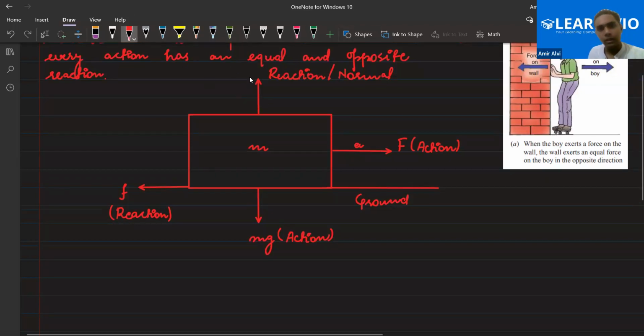So I'll write n, or else I'll write R. R would be better. So it's R now. Please let me know, everyone, is this clear? Okay. Anyone have any doubt so far? Please let me know once, kids.